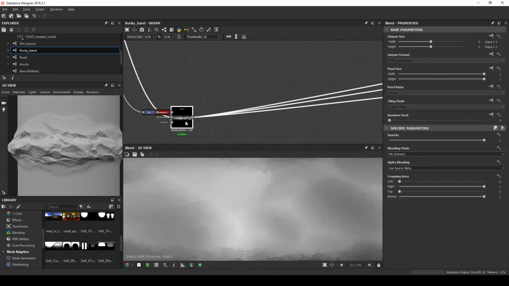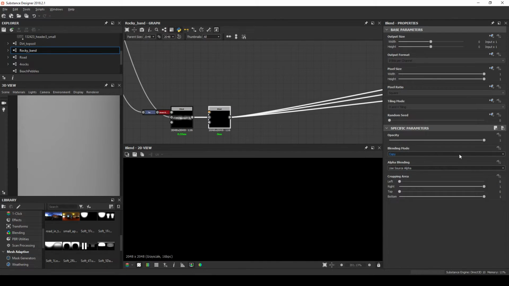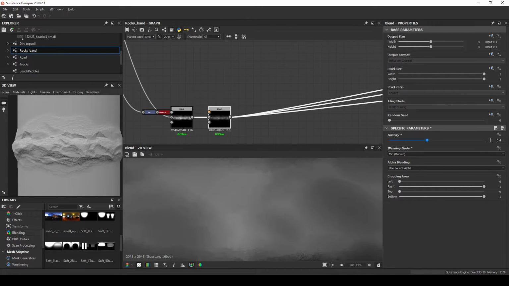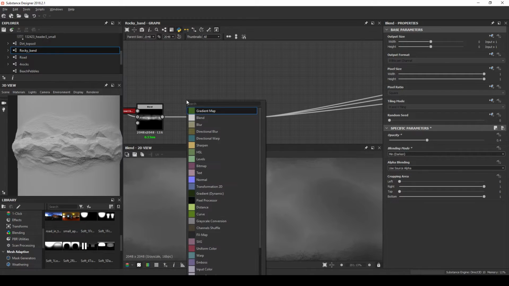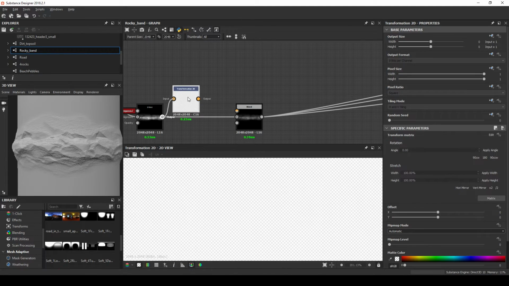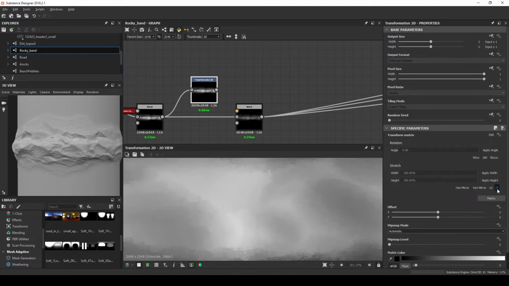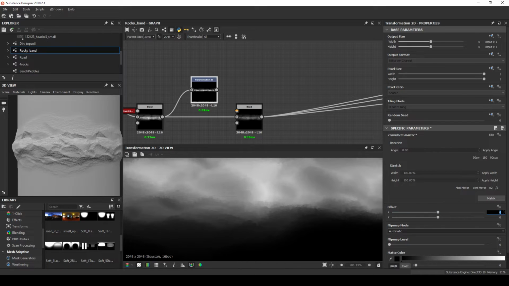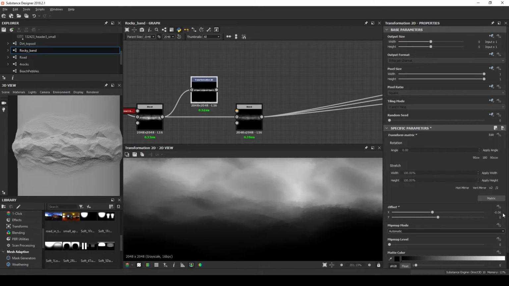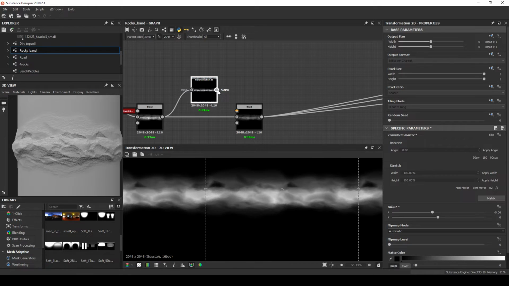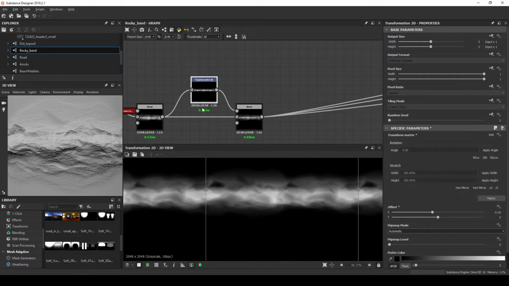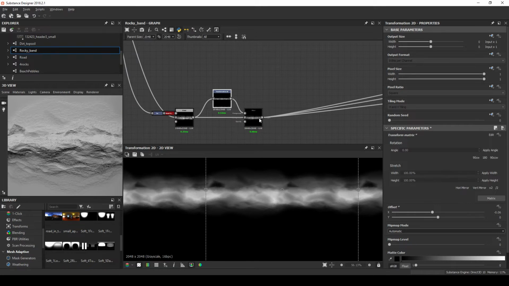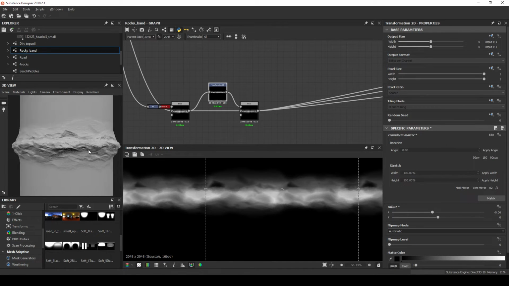A new blend, min darken 0.4. In the foreground, the previous blend sent to a transform 2D. Divide the size by 2 and offset the y-axis minus 0.06. So far, so good. We could stop here and continue with the real texturing part, but I like to make